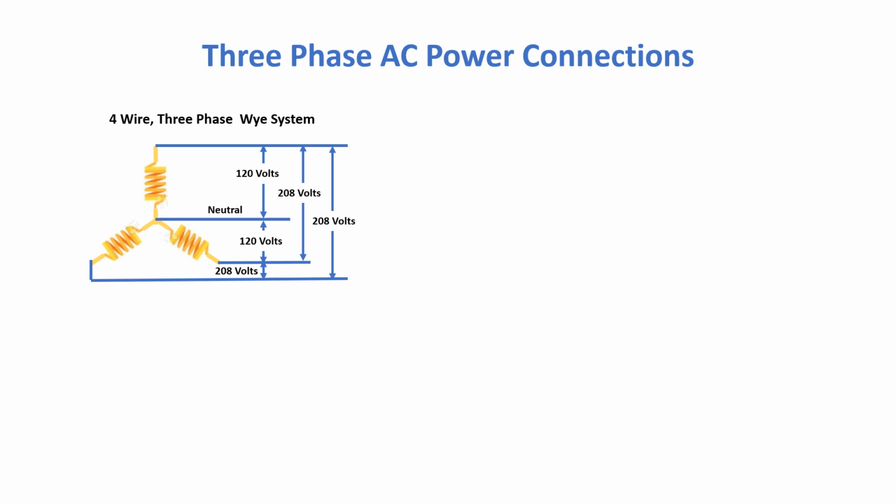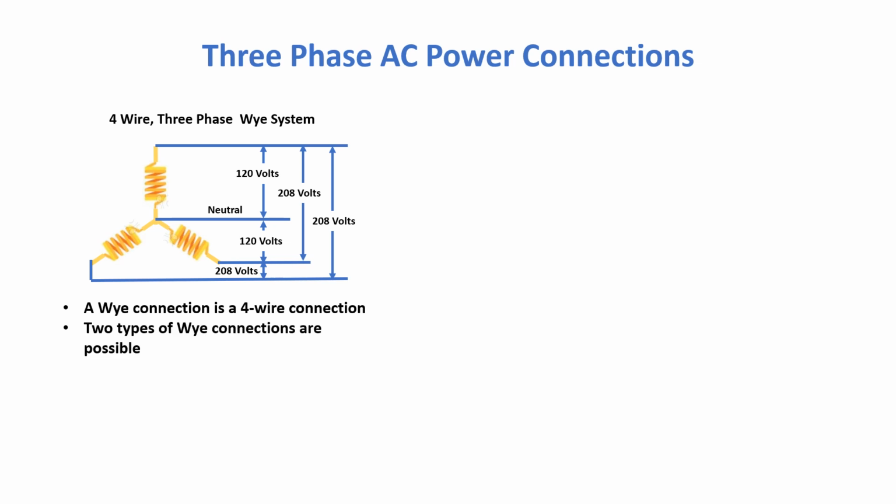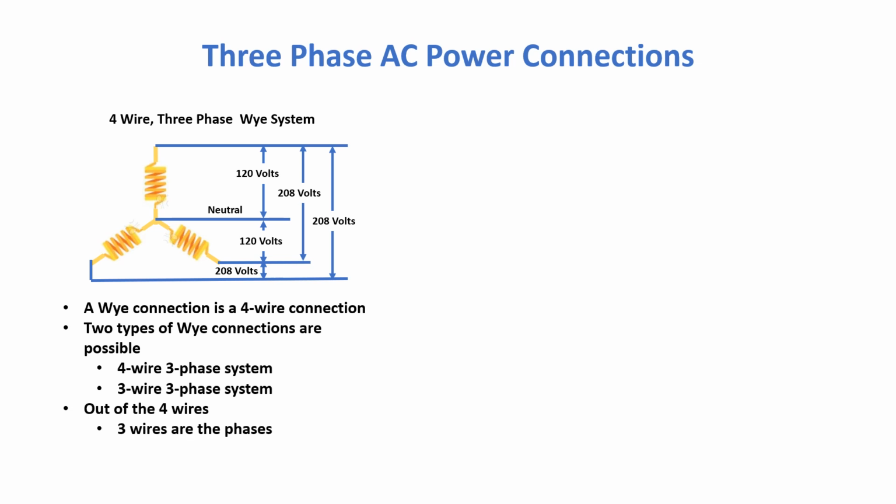Let's look at the source of the three-phase power. This drawing depicts a 4-wire three-phase power system. The configuration is called Y because of its shape. A Y connection is a 4-wire connection. Two types of Y connections are possible: a 4-wire three-phase system and a 3-wire three-phase system which has no neutral. Out of the 4 wires, 3 wires are phases and 1 wire is a neutral connected at the common point